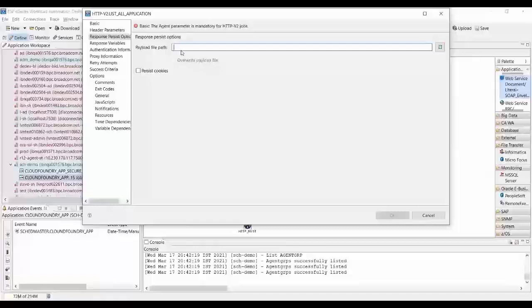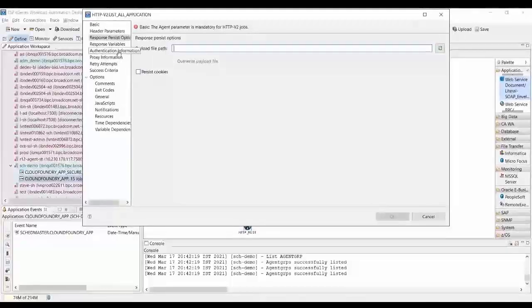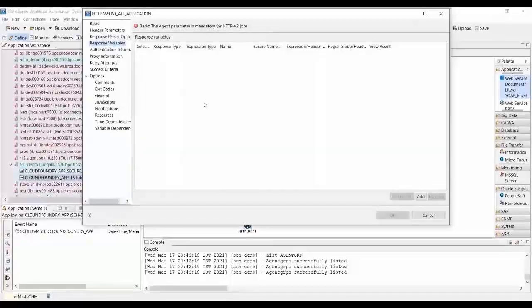And so you have this option of process cookies. A few of the HTTP calls would be using the cookies as an option, so for those kinds of HTTP requests, you could use this option. And the most important part is how we can use the output of one job as an input of successive